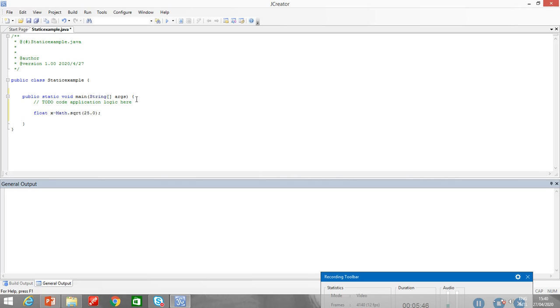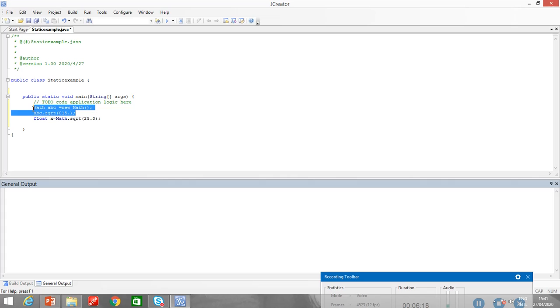If you remember, how do we call a method or something like this? In that case, if it is not static, I must create something like Math abc = new Math, and then I should write abc.sqrt and something like this inside. Now I don't need to make an object of the math class. Why? Because all the members which are declared in the math class, they are static.